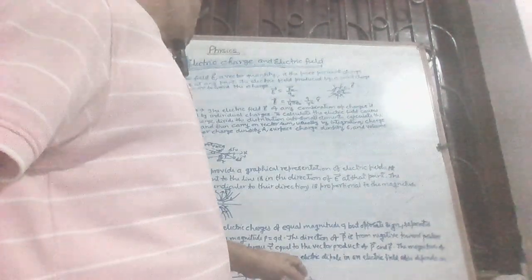As shown in the figure, there are two opposite charges in the electric dipole. The dipole moment is P, the force is QE, and on the negative side the force is minus QE. And thus we calculate the torque, dipole moment, and potential energy of the dipole. The torque of the dipole is P sin phi, and the potential energy of the dipole is minus P cos phi. Thus we analyze